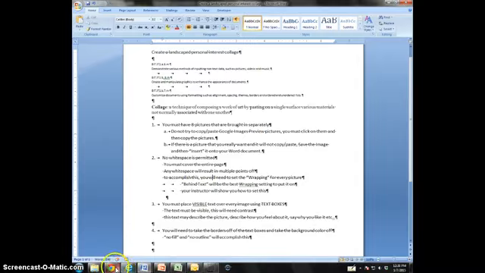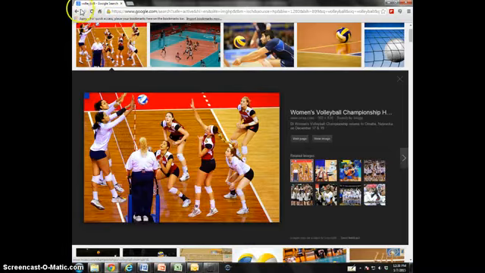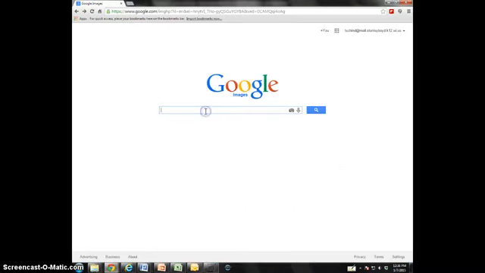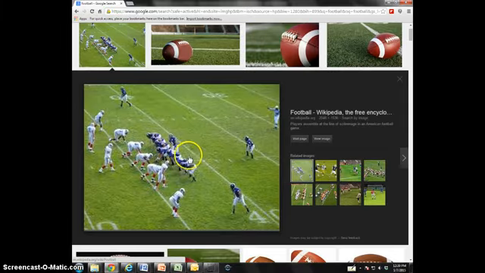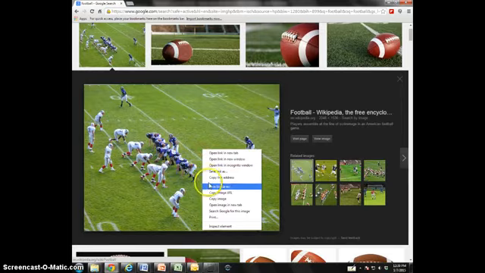And so if I go back to Google Images, and let's say that your favorite sport is football, just covering kind of fall sports. If there is an image, let's say this one, that does not come into the page very well, so when you copy it and paste it, it does not work, then all you have to do is change that up and go and save image as,